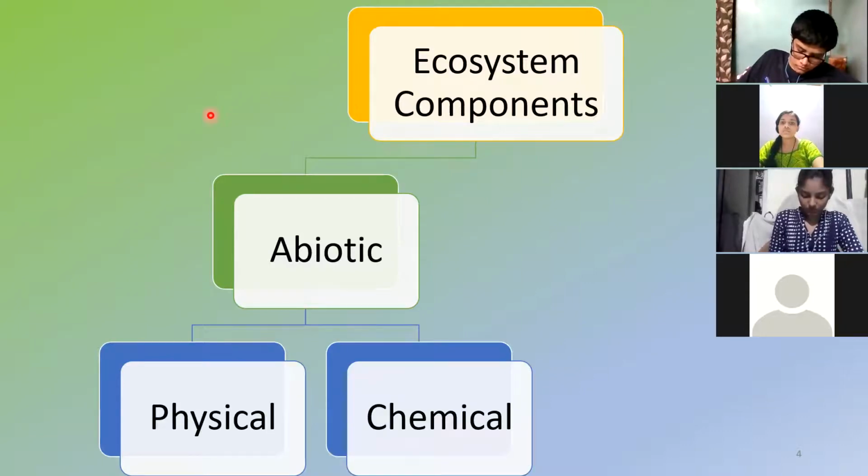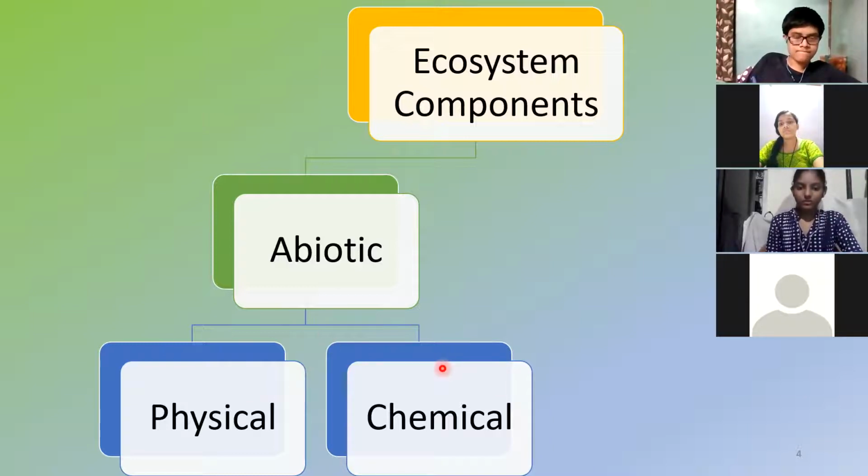Second is chemical components. Here you will include examples like water, because that's a chemical. Air also will come under this chemical, because air has its own mixture of gases having their own formula. Okay, so when you say abiotic components, they are physical or chemical. Physical example would be light, and chemical example would be water, even soil for that matter, because it is having a lot of minerals in it.